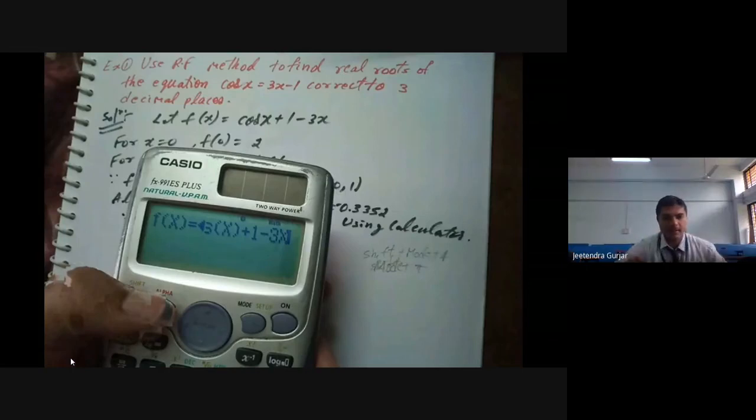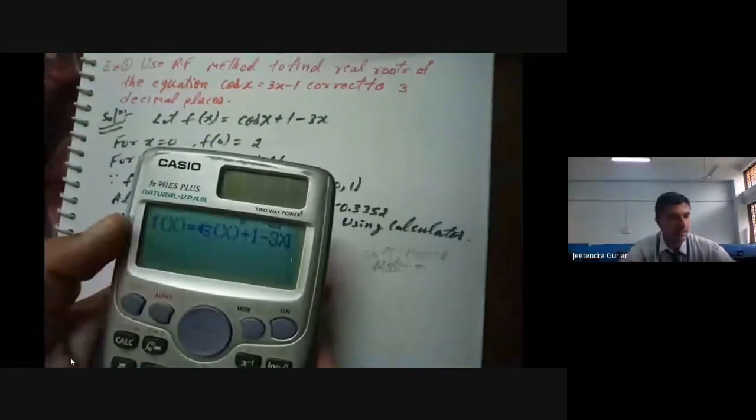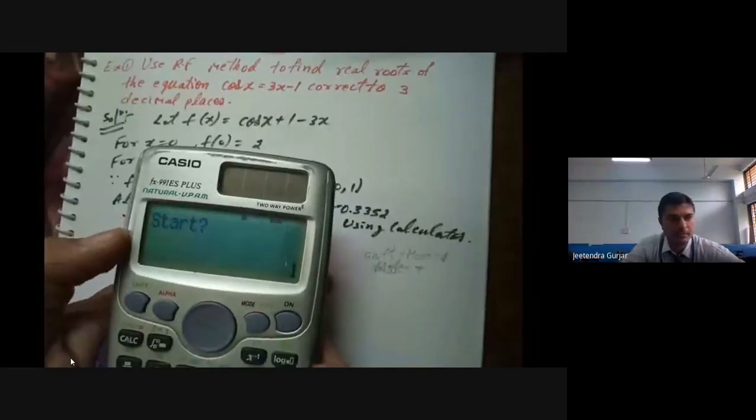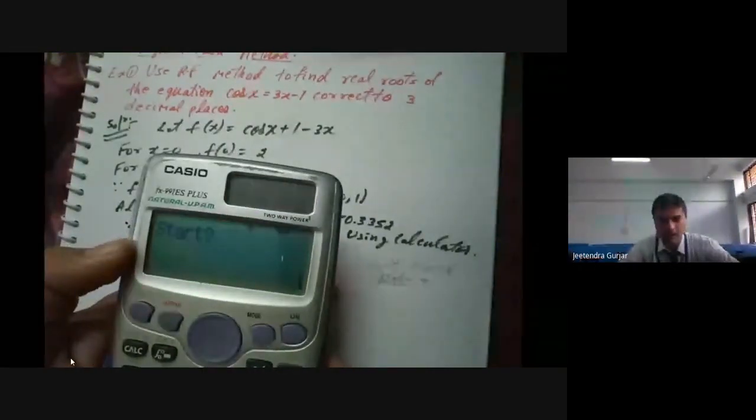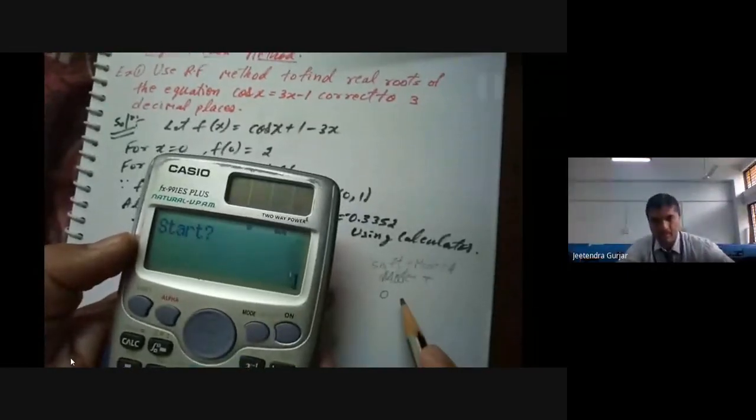Yes, if you have typed correctly, just type it in the chat box. Yes, Saurav has got it, yes, correct. Okay, I think you are familiar with these equations now. Now we'll continue. Till here everything is clear now. So when you want to get the x value, you have to press alpha. Now, first step, we are going to start our iterations, right? So first I will take this as start.